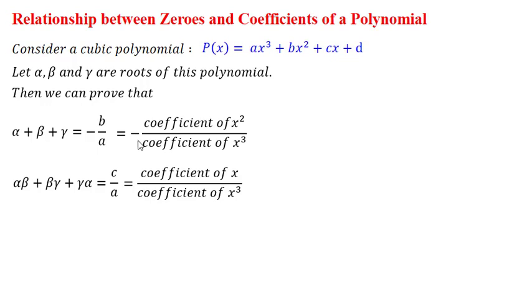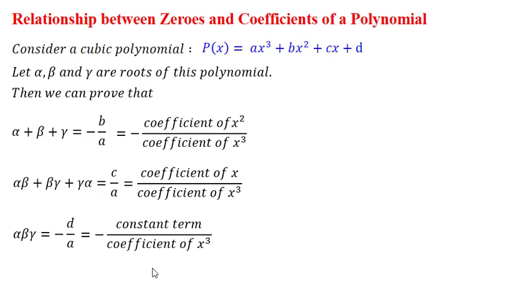Now first we got a negative relation, then a positive relation, again a negative relation. So now I will take all the three zeros and multiply them. So alpha beta gamma is equal to minus d by a, which is minus the constant term divided by the coefficient of x cube. So the first relation is the sum of all zeros. The second relation is we take two zeros at a time, multiply them and take their sum. Then we take three zeros, multiply them, and if there are more such combinations then we continue, and like that we can extend for degree 4, degree 5 and so on.